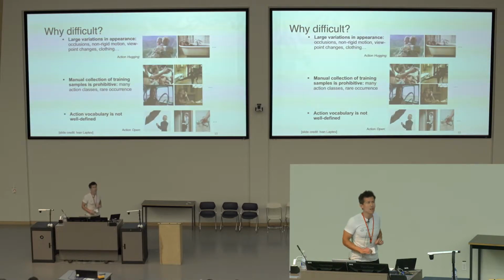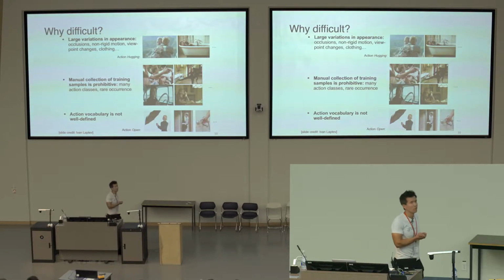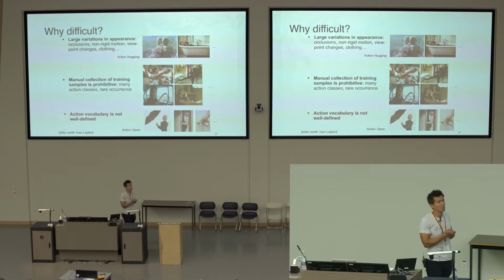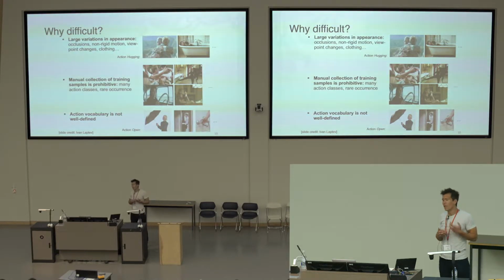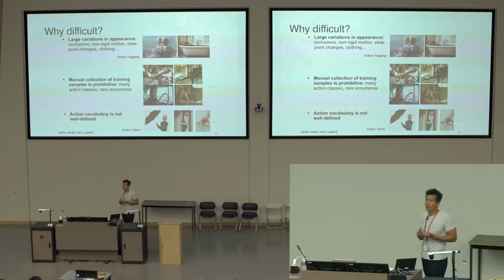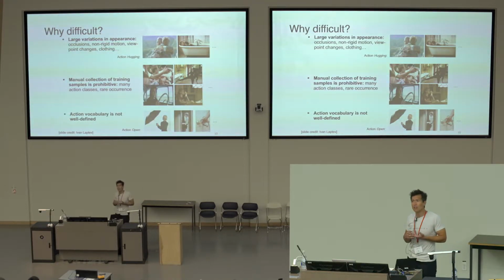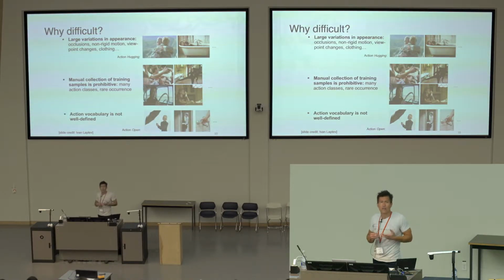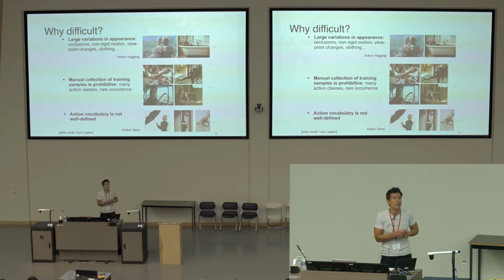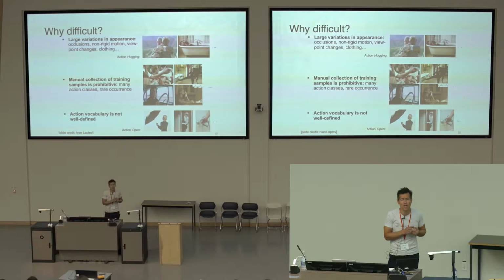Okay, so the challenges that we face are in common with many visual recognition problems, but they also have some things that are peculiar and particular to video. The first of these is that there are large variations in appearance. This is true of many objects, but if you think about action recognition, these two examples are both from a dataset, the action hugging. The background scenery, the pose of people, the clothes they're wearing, all sorts of things can vary quite dramatically.